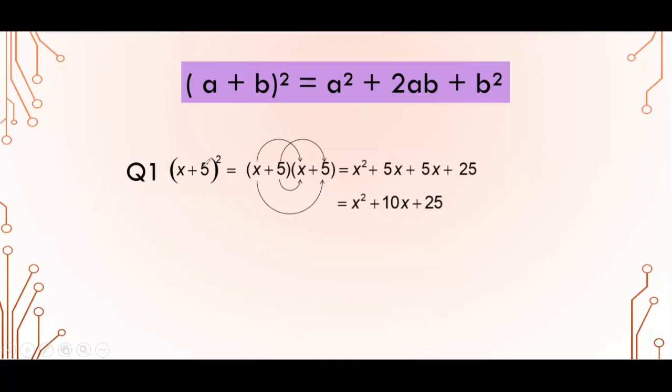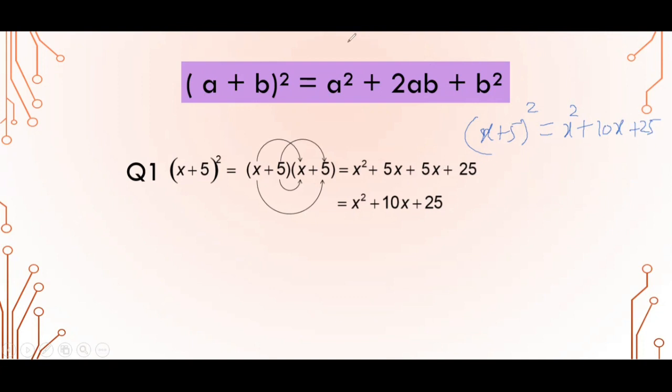Okay, so if it was x plus 5 the whole square, my x is nothing but a. Just comparing this, x is nothing but a. So if I put it here, if I have a plus b the whole square, so a is my x. So I just write here x plus 5 the whole square is nothing but my a. Now my a is x, so x square plus 2ab means 2 into my a which is x and b is 5. So 2 into 5x, which is 10x, and b square, which is 5 square, which is 25. So orally, without even having a pen and paper, we are able to do this.